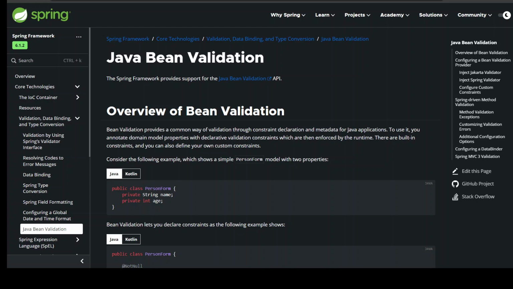age; } A Bean Validation validator then validates instances of this class based on the declared constraints. See Bean Validation for general information about the API. See the Hibernate Validator documentation for specific constraints. To learn how to set up a Bean Validation provider as a Spring bean, keep reading. Configuring a Bean Validation Provider. Spring provides full support for the Bean Validation API, including the bootstrapping of a Bean Validation provider as a Spring bean. This lets you inject a